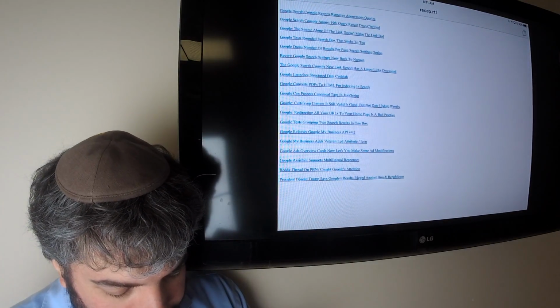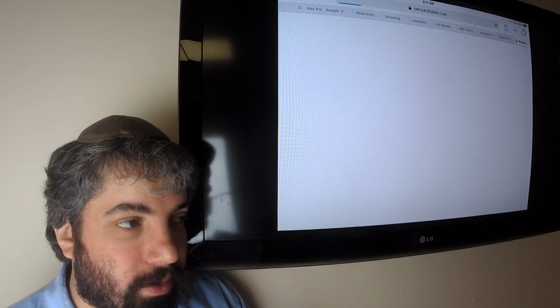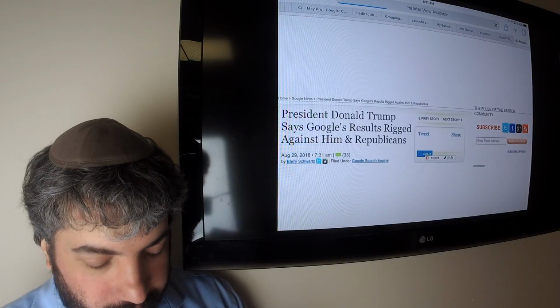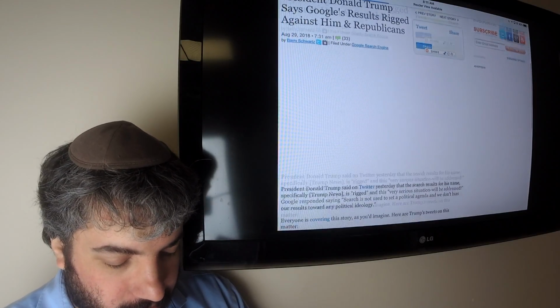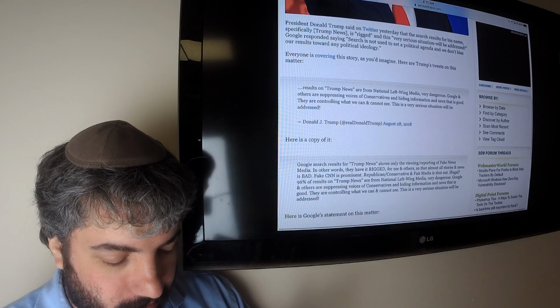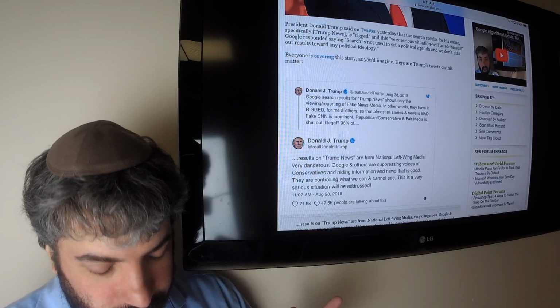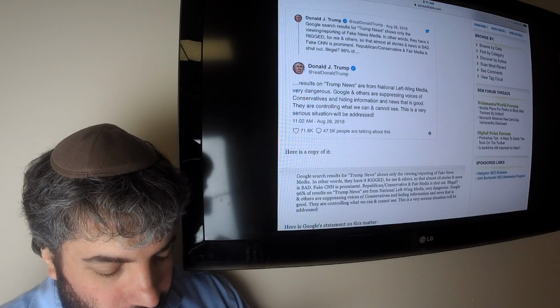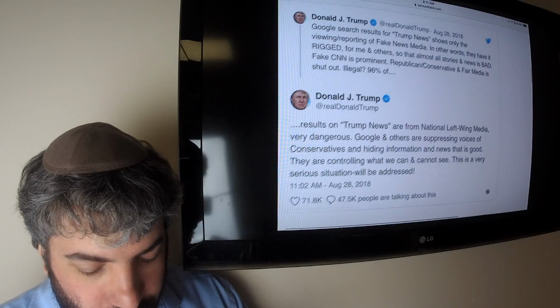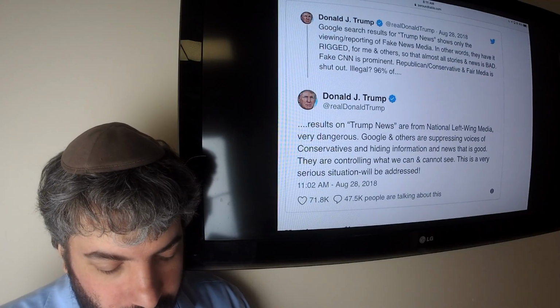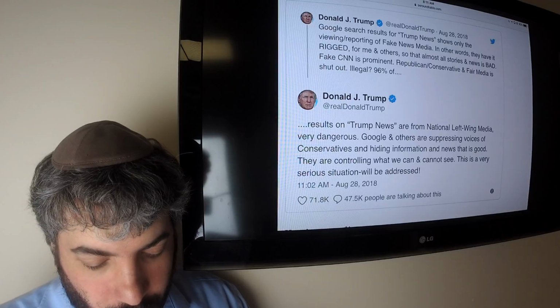And finally, President Trump went off on Google this week, basically saying Google is rigged against him and the Republican agenda. He posted two tweets this morning, Wednesday morning, I believe. Google search results for Trump news shows only the viewing, reporting of fake news media.